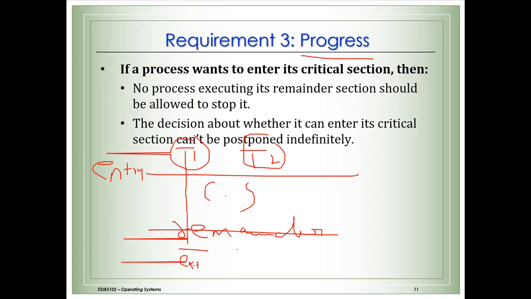No other thread in the remainder section should influence or stop these threads from going into the critical section. A thread shouldn't affect another thread going into the critical section. Each thread should be independent, allowed to make progress and attain normal termination. This is called the progress property.